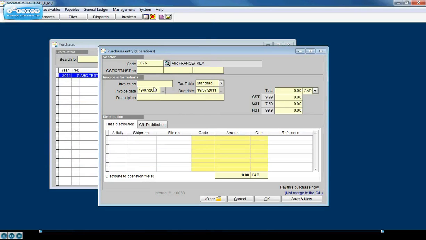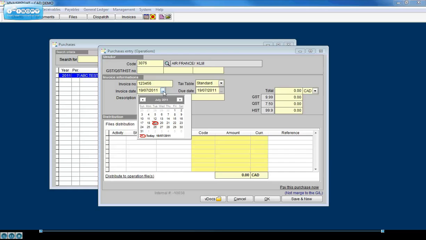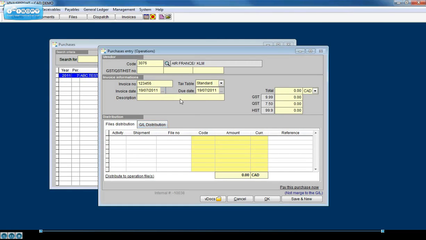So invoice 1, 2, 3, 4, 5, 6, and let's say it's today, doesn't really matter. Test only, again, that's only internal, and let's say it's an invoice for 2000, and there is a little additional fee that they didn't put in. So I want to distribute this